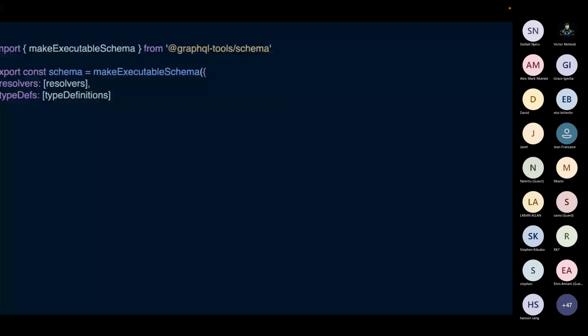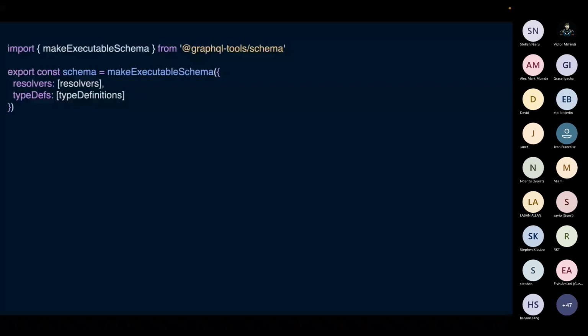So we've seen a schema and resolvers. What's remaining to make this runnable is to package this together into something that's callable or runnable. There are different ways that you can do this, but here I'm using GraphQL tools with the helper function, which makes this runnable. And now we have a schema. What's remaining now, we can create or compose a query that we can run against this schema.